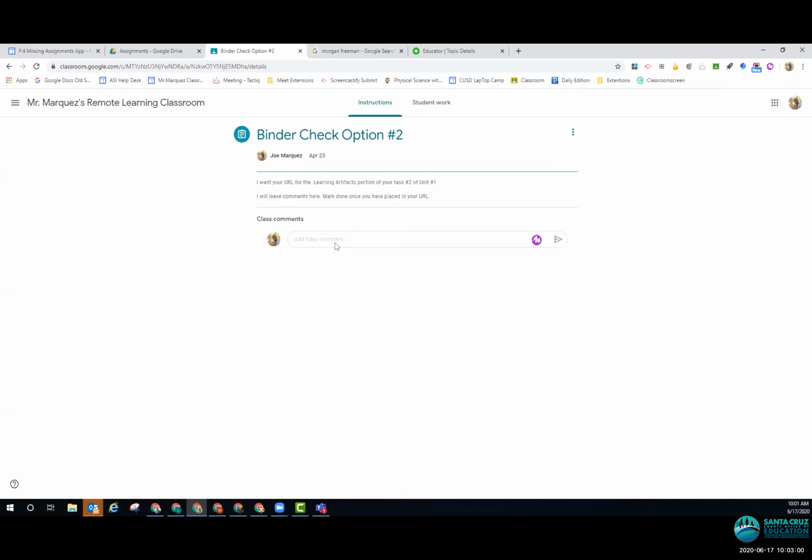Now, one thing you can do is make sure students are hitting the plus button and then your name, so then you'll automatically be notified. If they want to talk to you directly as the teacher, they hit the plus button and start typing in your name, and Google Classroom will pull that name for them to hit. Then they can ask the question and that will go directly to you. So that's a good tip to showcase for the students, but we can't rely on the students doing that every time. So I recommend doing this.